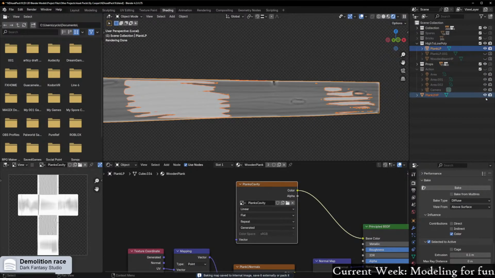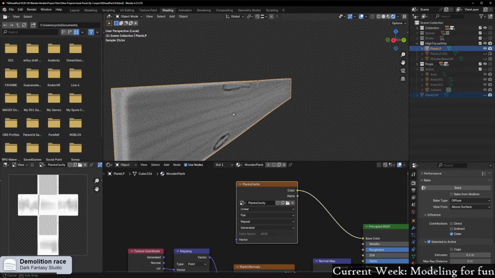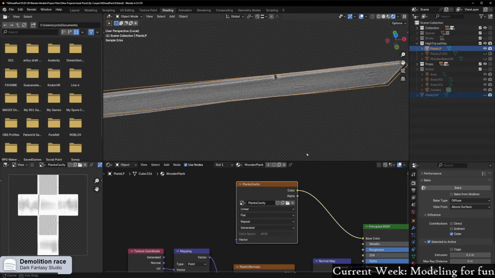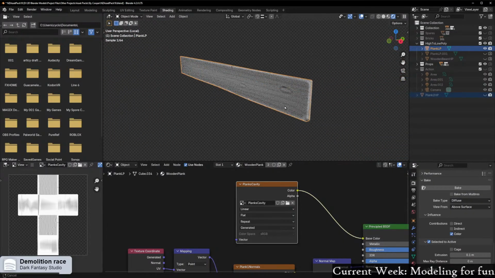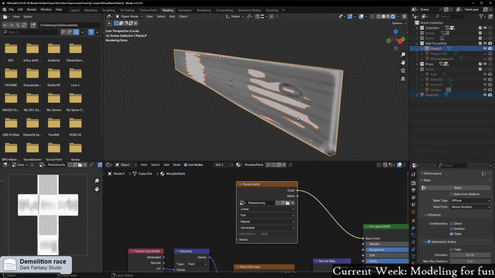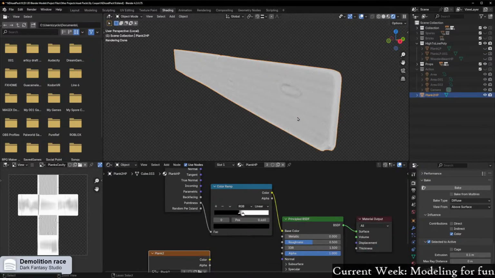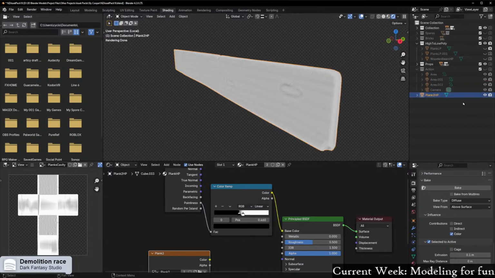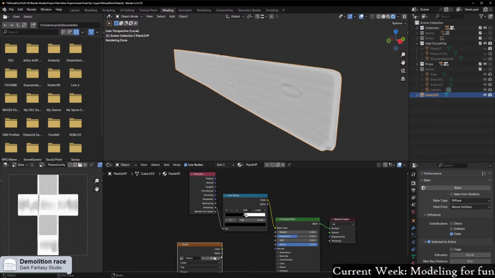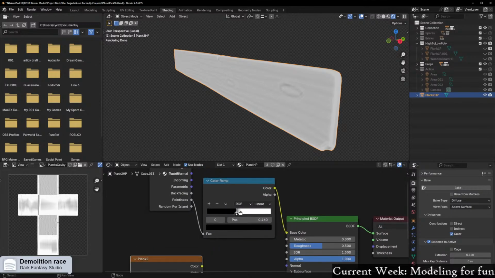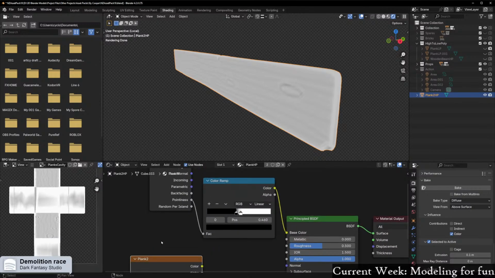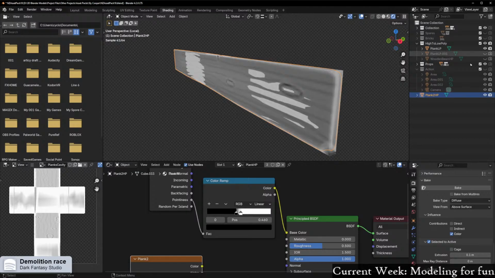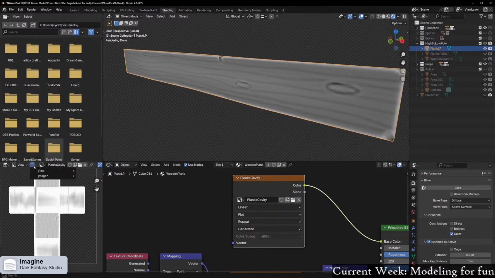Now if I hide the high poly one, that is turned completely dark. Why? Why has it done this? The settings aren't that high as far as I know. And that doesn't look any weirder, so I wonder if this has been left behind, so to speak. So if I